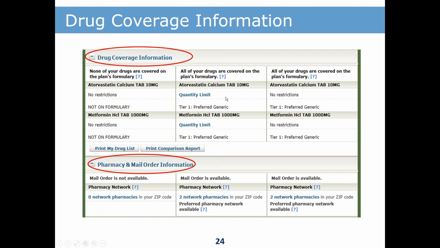One of the things you want to look for is whether there are any restrictions. So first of all, are all the drugs on the formulary? And the second one is, are there any restrictions? There are three ways Medicare restricts drug access. The first one is quantity limit. That is generally for safety reasons, sometimes for cost reasons. They'll only allow you to get maybe 30 pills a month or 60 pills a month,